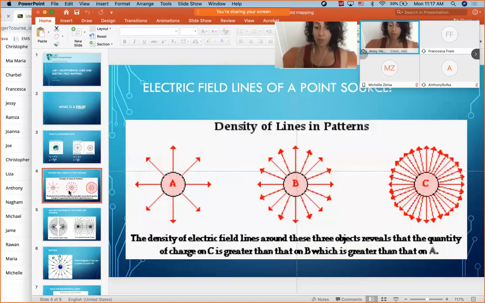Now, if I give you different types of sources, and let's say that A is a source, B is a source, C is a source, can anybody tell me if the source in this case is positive or negative? Positive. Obviously positive because the electric field is outward. And which source is stronger in magnitude, A, B, or C? C. All right, so the number of electric field lines is proportional to the strength of the source, true?